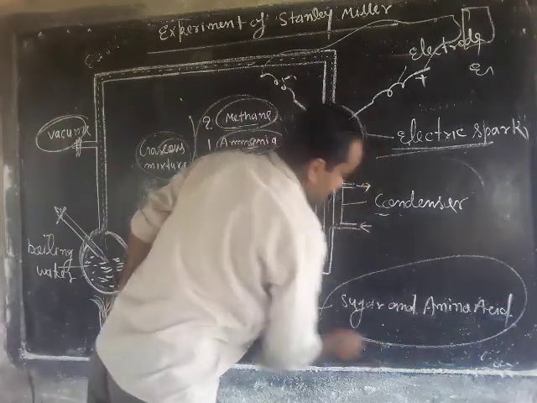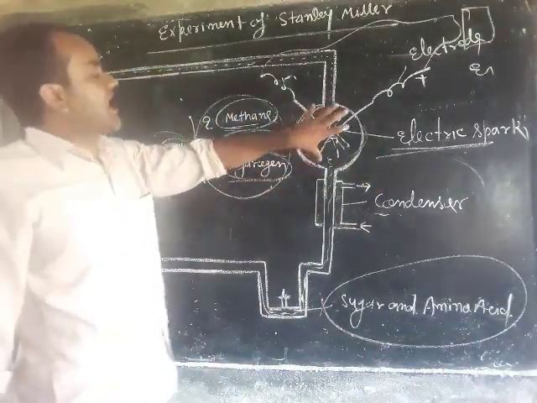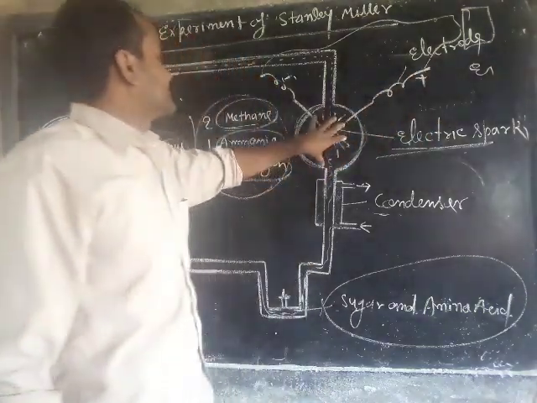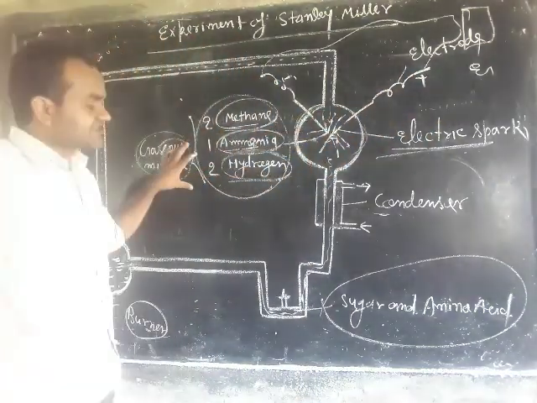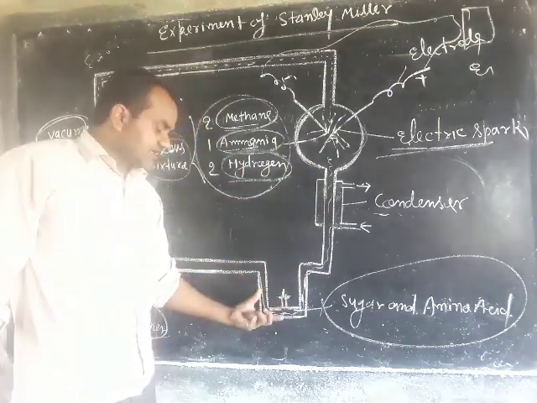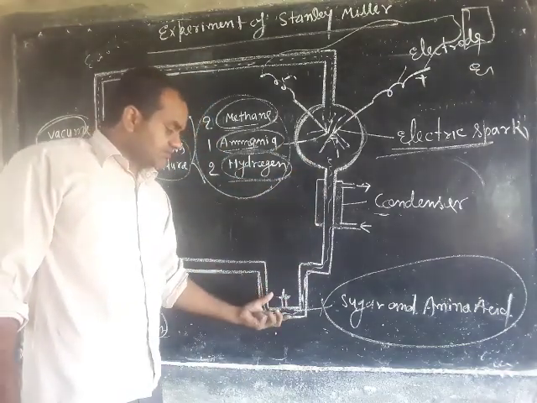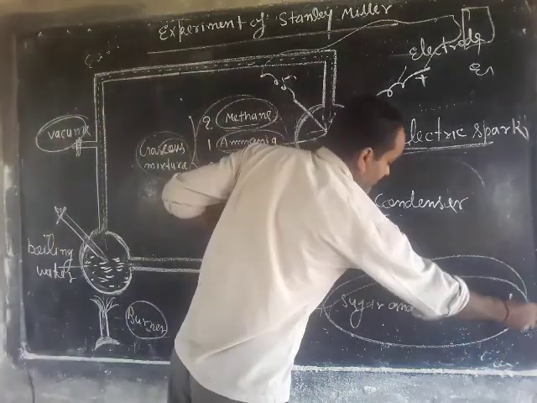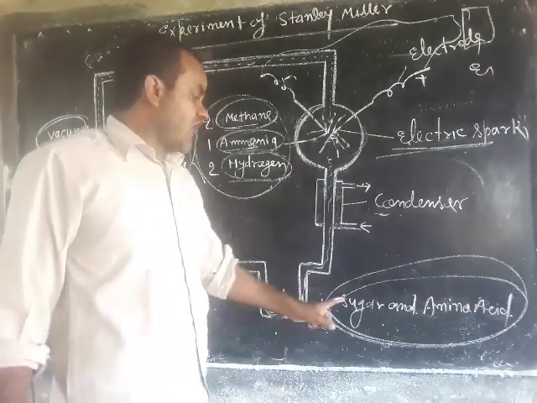After almost 1 week of electric discharge in the large flask filled with the gaseous mixture, using the condenser to convert it into liquid form, by the analysis of this liquid he got